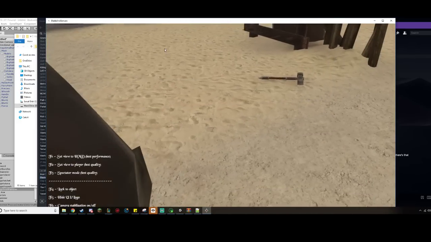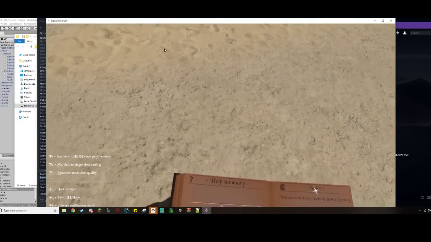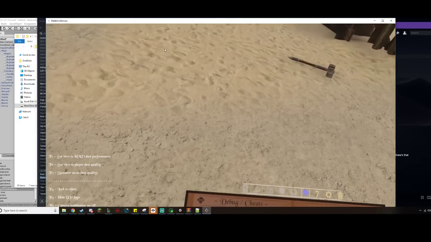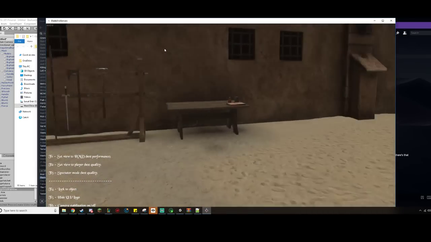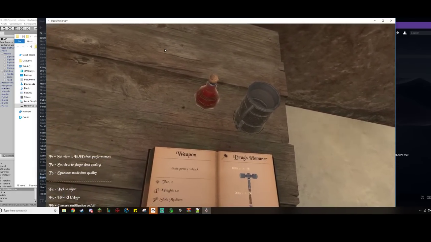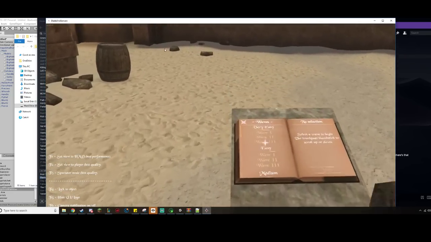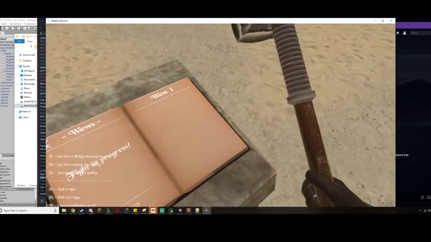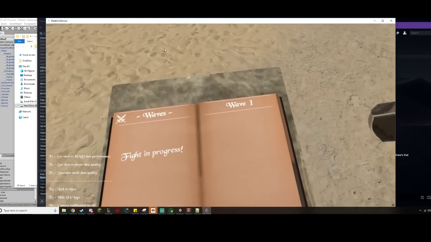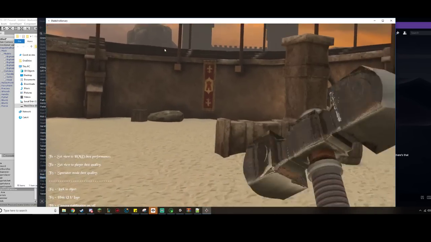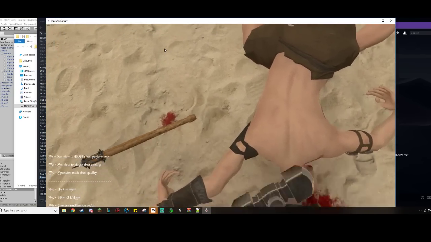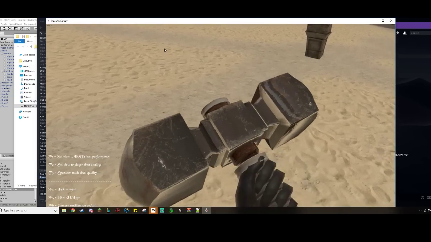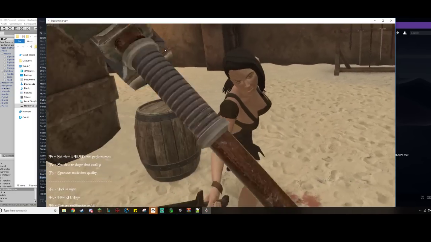So now that's done, I can simply save it, go back into here, go into the debug option, and reload the JSON. Give it some time. Now I can save my